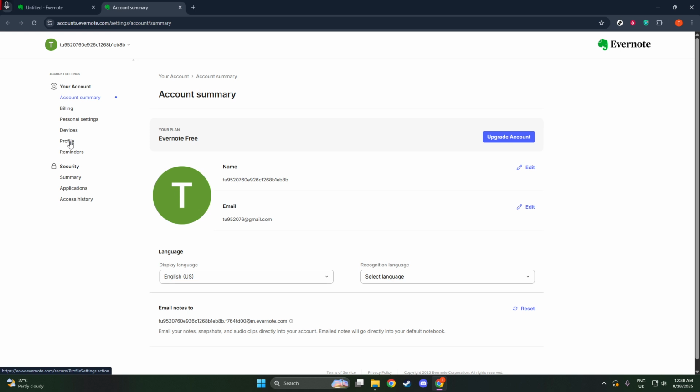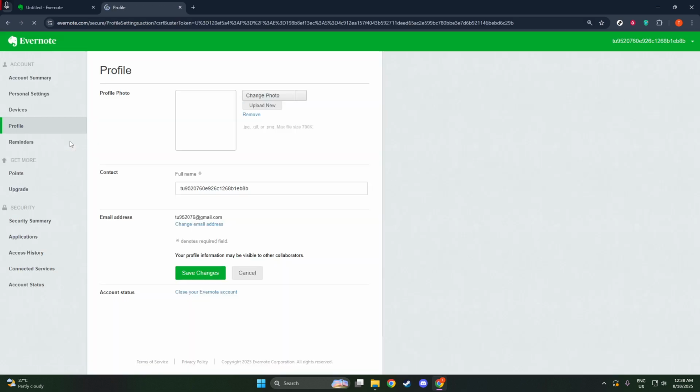In your Profile section, keep an eye out for the Account Status part of the page. This is where you'll find the link to initiate the process of closing your account. Look for a blue link that says, Close your Evernote account. Click on it, and this will open up a sequence of prompts designed to guide you through the account closure